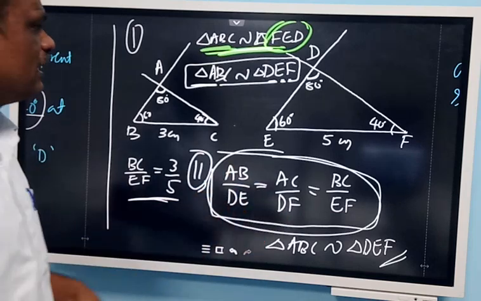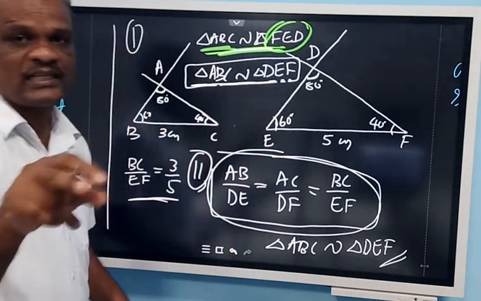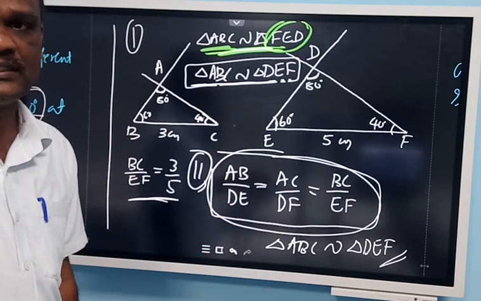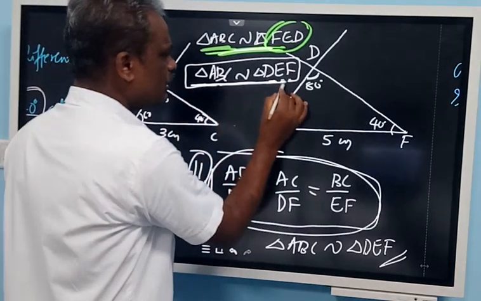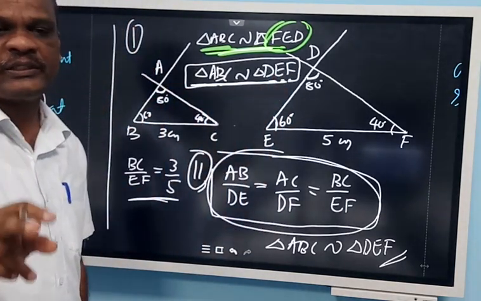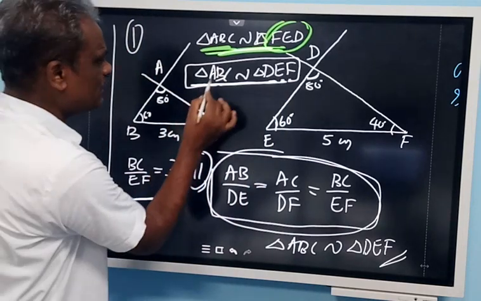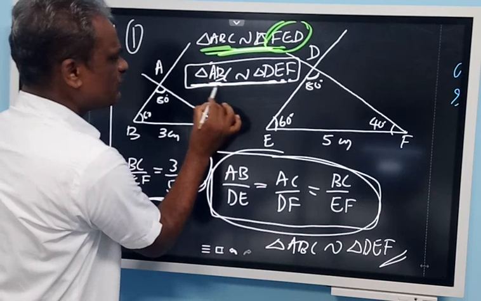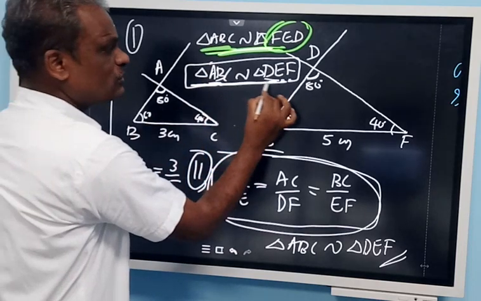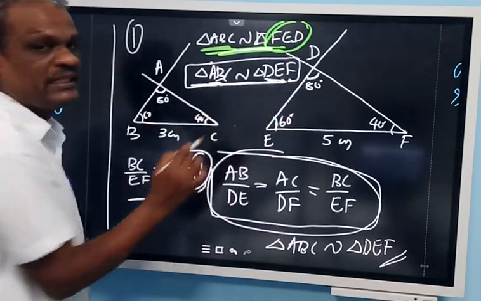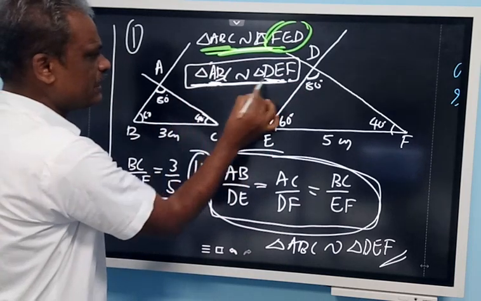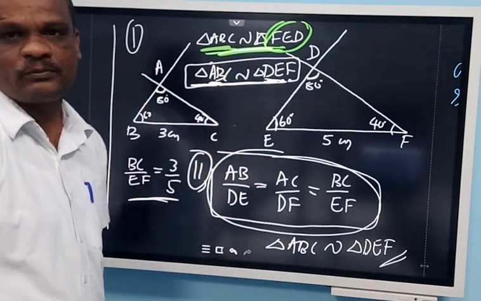So keep in mind, by looking at this itself you can find the corresponding sides and corresponding angles also. Once you write like this, you should be able to find the corresponding sides and angles. Now if I ask what is the corresponding side of AB, here the first two letters, and here the first two letters, DE. For AB it should be DE. Look at the letters here, AB and DE. Directly you can find the corresponding side.